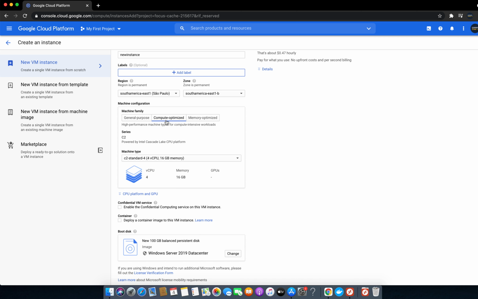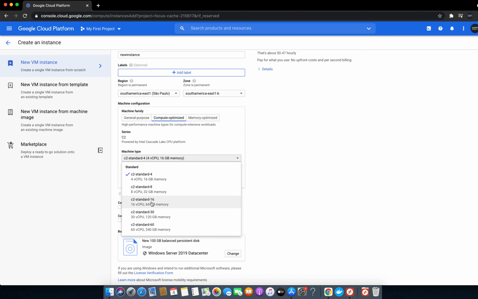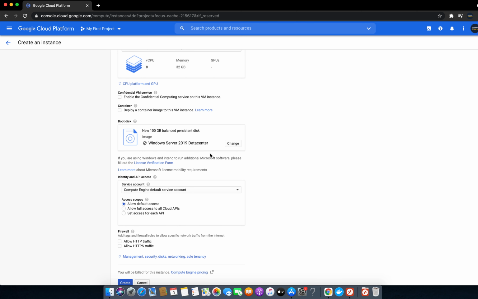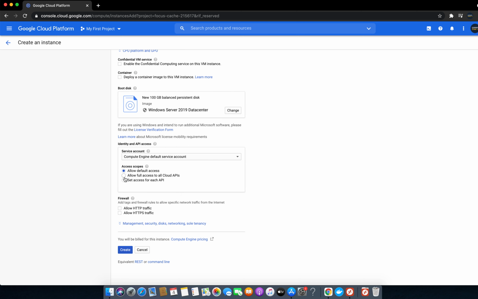So if you want high speed and more power, we will click on compute optimized with more RAM and more CPUs. Then we select Windows Server as I told you before. We will allow this traffic and click on create. I am not creating it, but if I was, I would definitely go to this option and click on create.